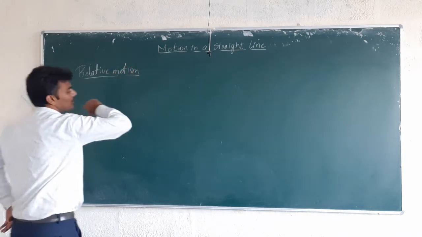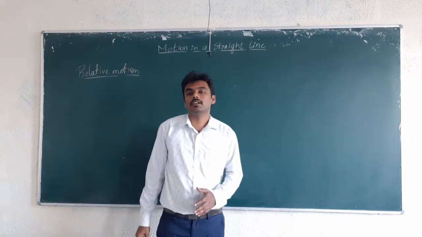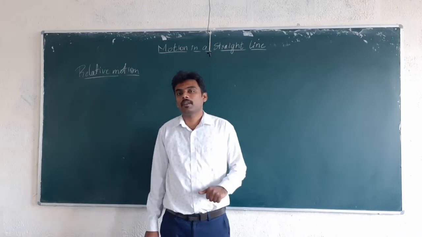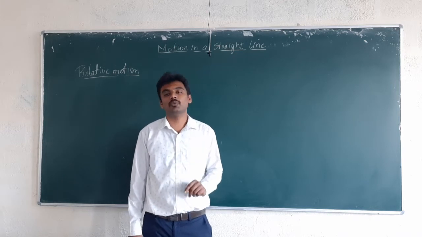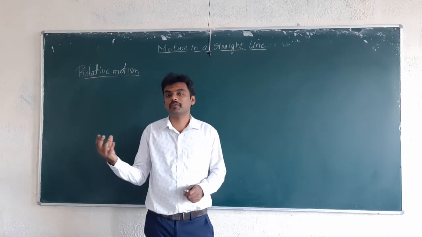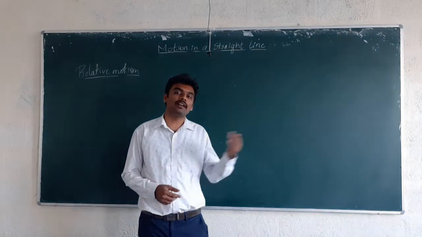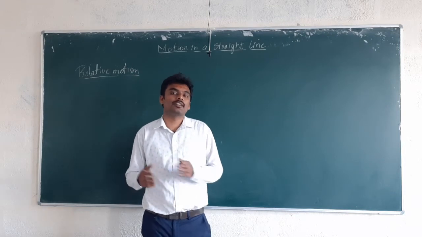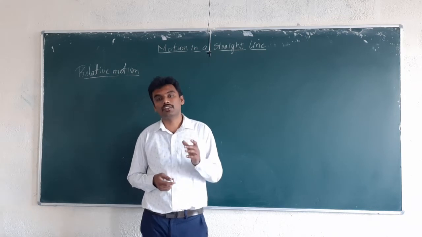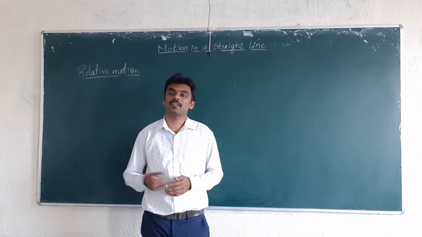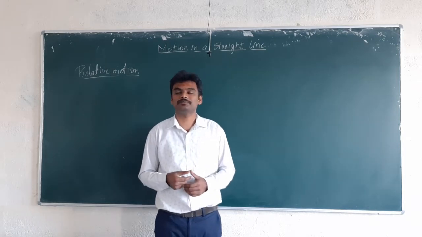See, so far the discussion is purely on motion in a straight line. The body will always move in a straight line. But so far, in all our discussions, we had only one body moving, isn't it? A body moving with certain velocity, with certain acceleration, starts with certain velocity, ends with certain velocity, travels a displacement of so and so meters. That is how we understood or discussed motion till now, as of this chapter, motion in a straight line.